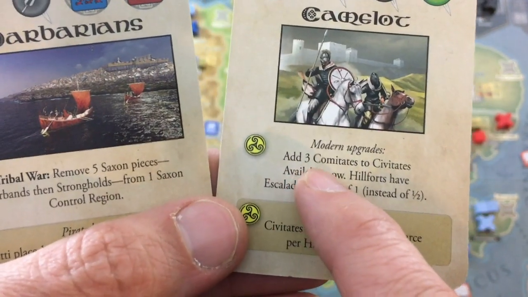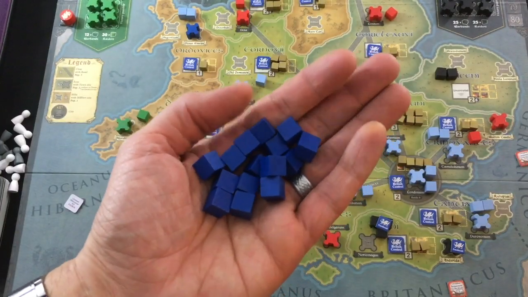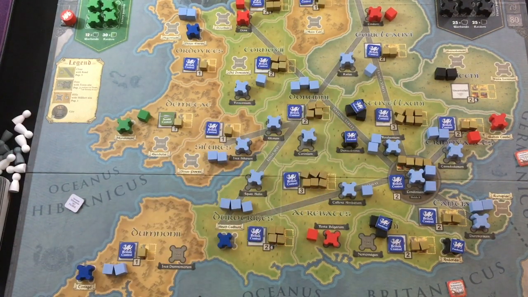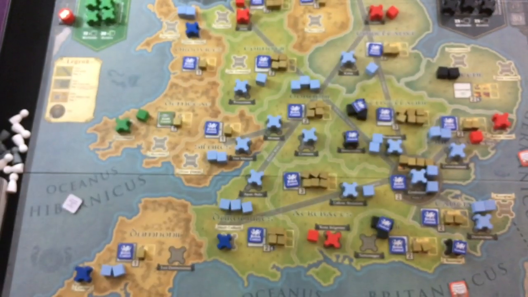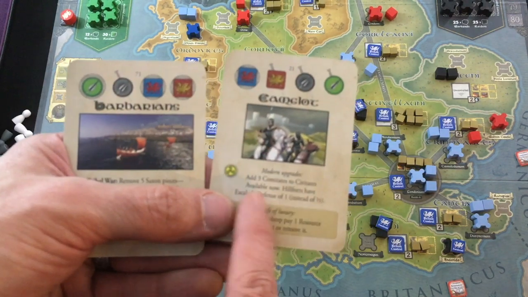It says I get to add 3 Comitates to Civitates available. Basically, I've got this big crew of much better fighters than my basic light blue militia, but I haven't trained them into existence yet, so until I play cards like Camelot, I can't use them. But then the big one is Hill Forts have an escalate defense of 1 instead of half. That basically means all my dark blue strongholds will be much easier to defend because of the upgraded defense the